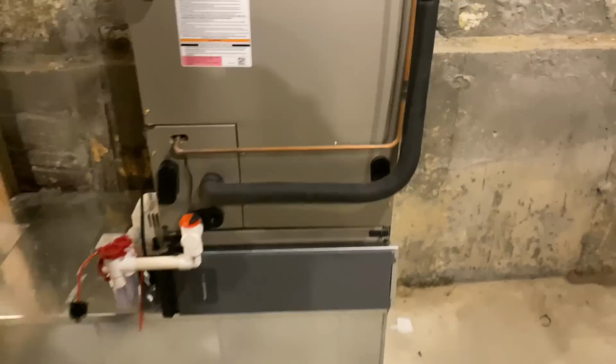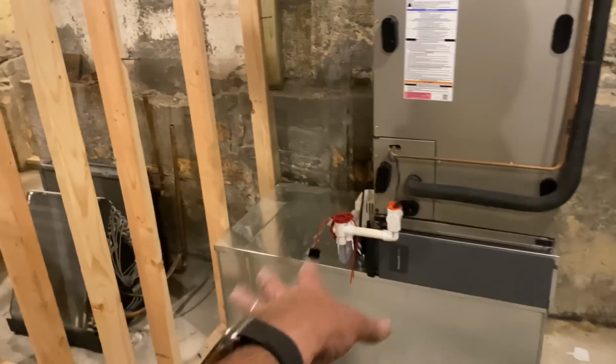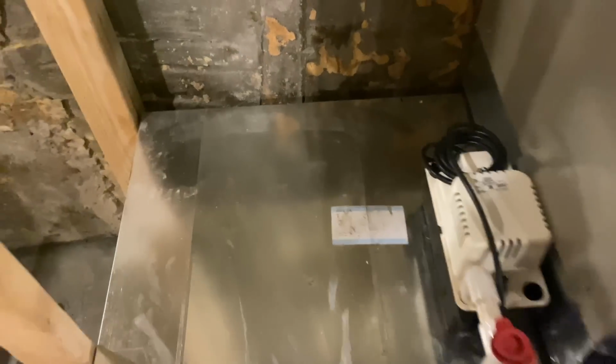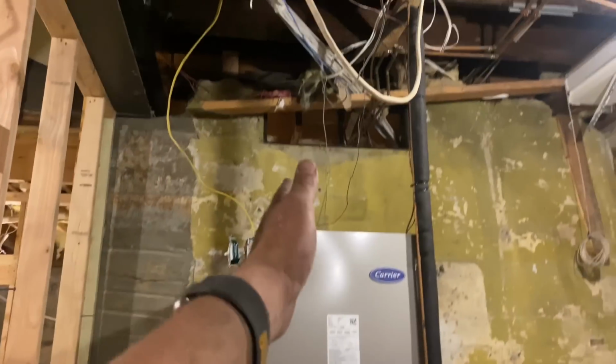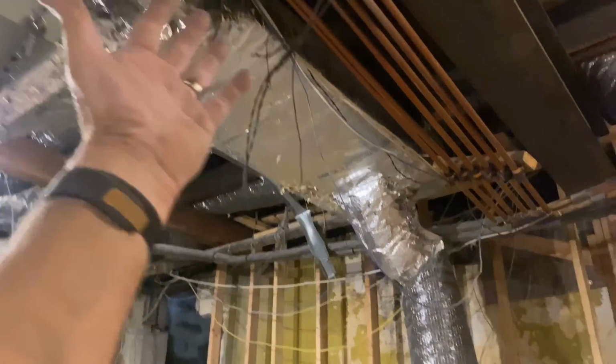This is a little bit, there we go. More level now. Perfect. So we're going to allow the GC to cut an opening in this return plenum for the return ductwork that's got to go there, and of course, a supply work. This is all coming out. We're not doing this. It's not part of the contract. But as you can see, he's going to have to redo all the ductwork here, all of it,